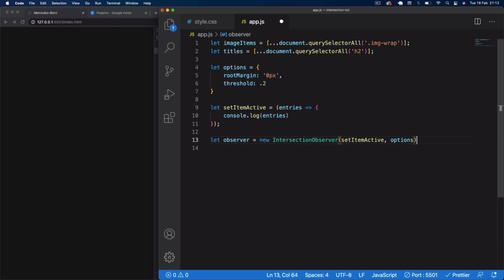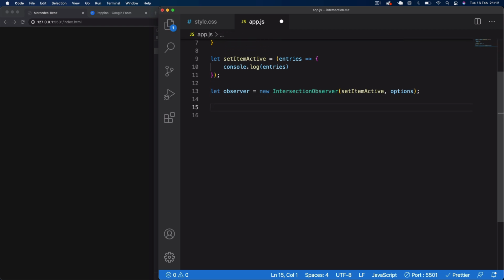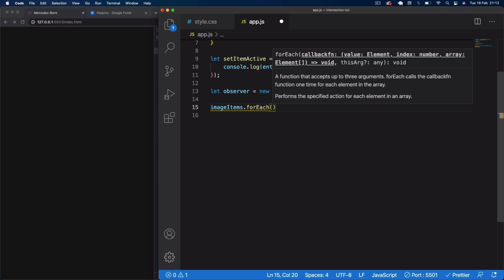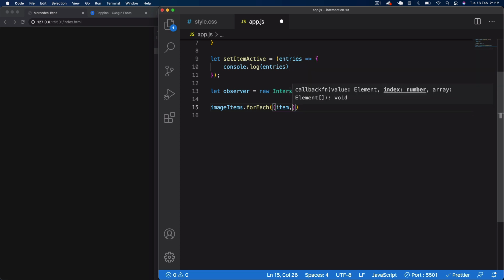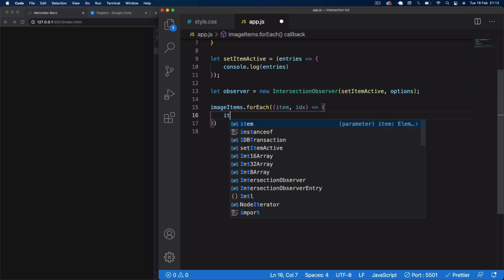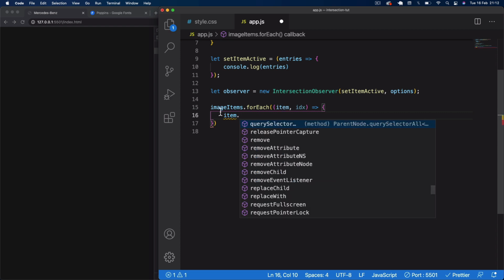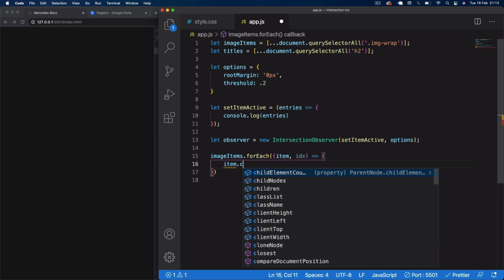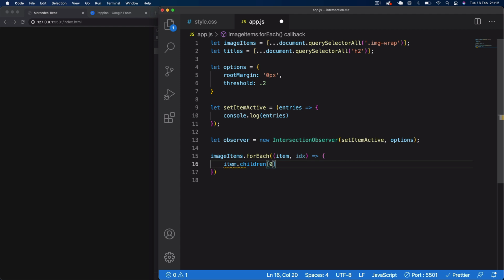Okay. And then underneath this, the next one I want to do here is image items.forEach, and here we want to pass in the item and the index. Then here we're just going to say item, and then we want to select, remember each of our items is the image wrap, and each image wrap contains a child div which houses our image. So here we're just going to say .children[0] for the first child, which is our image, and I'm just going to say .style.background